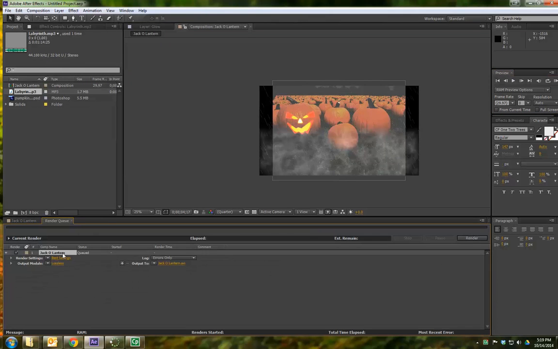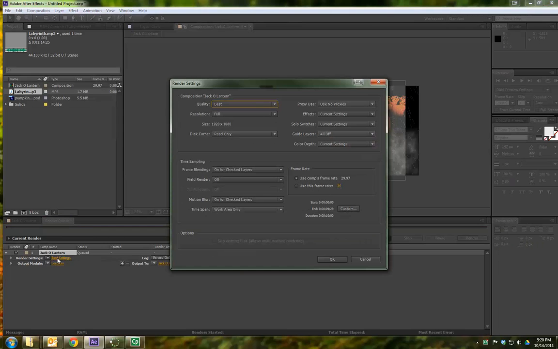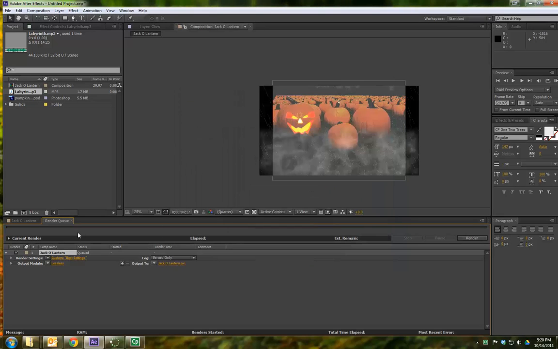Now this is going to pop up down here in our timeline. We could always come back, by the way, with these tabs. And there are a few settings we need to change. So let's go to the render settings, and quality best, great. Resolution full, that sounds fine. I'm just going to press OK. Output module,